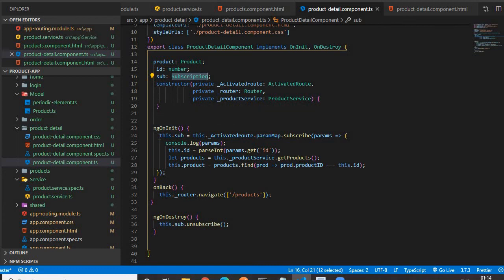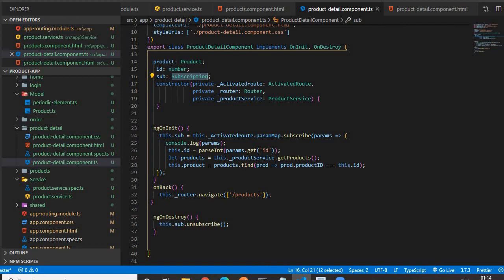The importance of assigning to this.sub is that the good practice of Angular coding is, whatever observable we subscribe to, we need to unsubscribe from it once this component is destroyed. For this we need to assign the subscription to one variable of type Subscription.